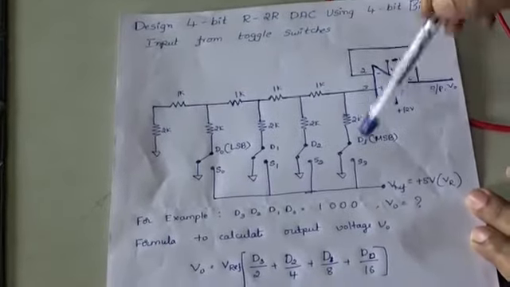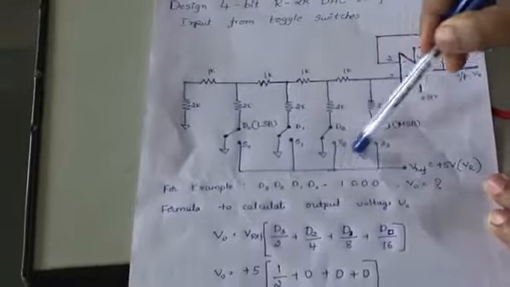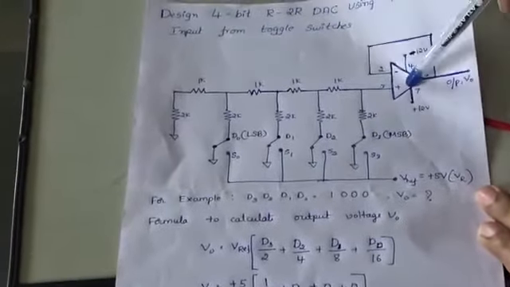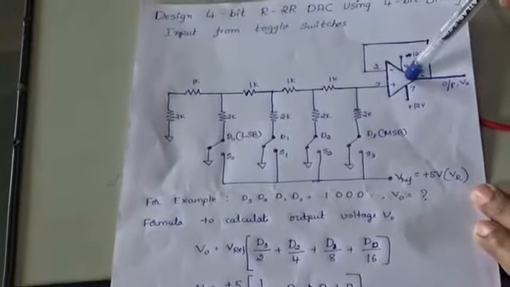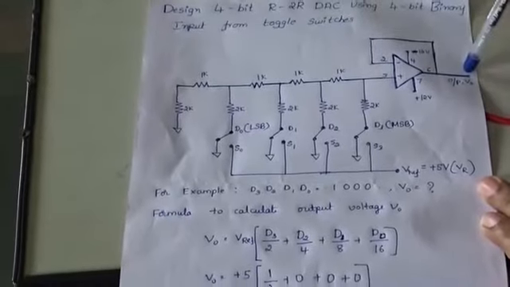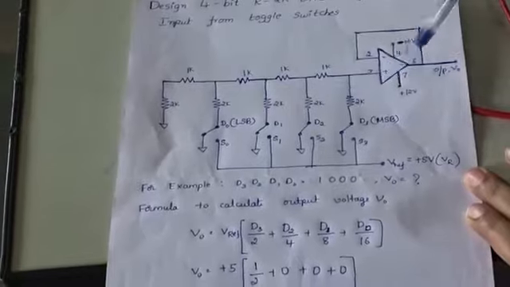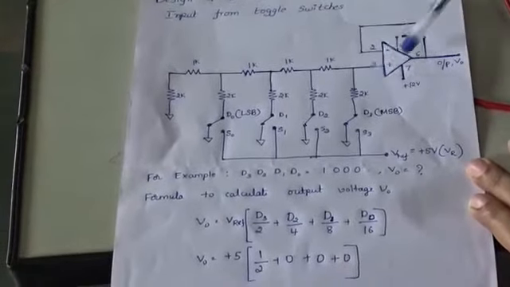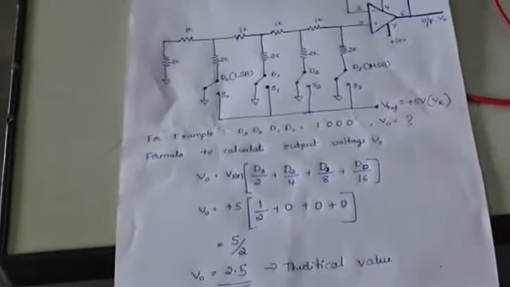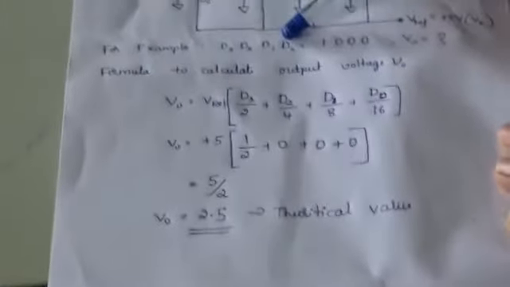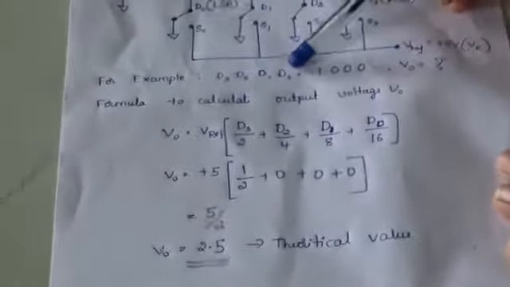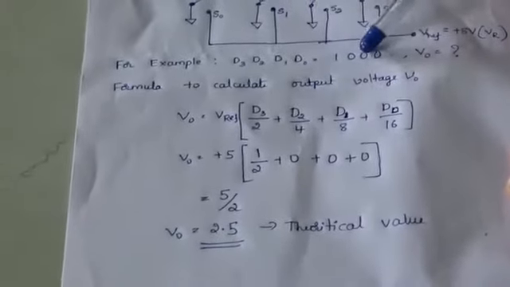So what happens here is we are providing the inputs in digital form, which will be converted using this active device, that is the op-amp. So the output of the op-amp will be obtained in analog form. So digital to analog conversion is what we are going to see in this experiment. Here I have taken one example of how you will get the analog output. This is an example of the input binary data, D3, D2, D1, D0, which I have given as 1, 0, 0, 0.